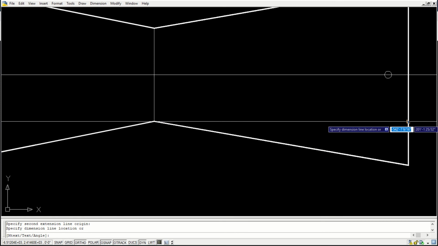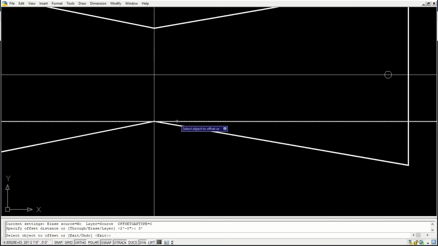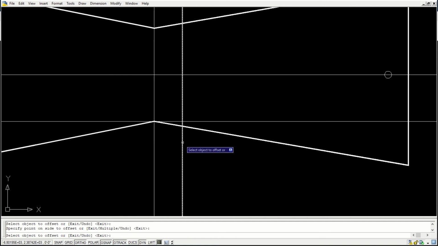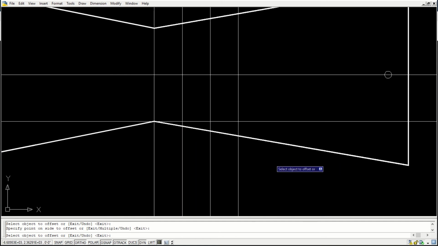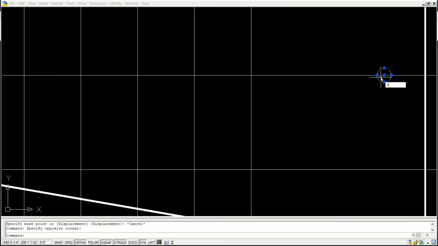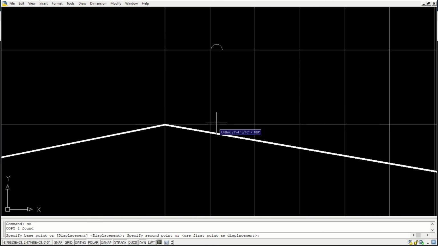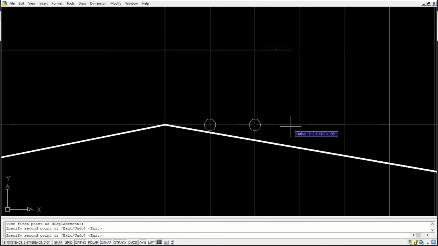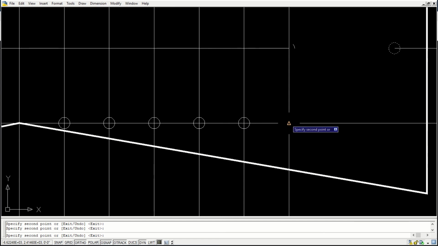Okay, how much do I have? It's 27 feet. I'll just make a 3 feet grid. These are my points of measurement.